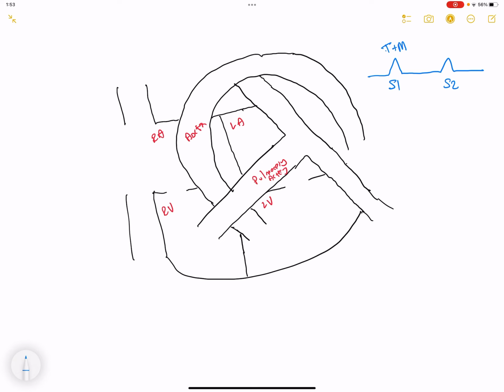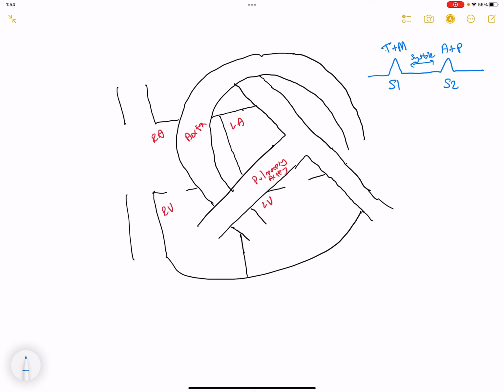Alright, so that is the noise that when the tricuspid and mitral valves close, they make, and we can pick that up, and that's called S1. S2 occurs when the aortic and pulmonic valves close, and this is going to mark the beginning of diastole. So between S1 and S2 is systole. So anything between S1 and S2, if there is a murmur that occurs, we call that a systolic murmur. So if there's extra noise, we can detect that, and that is going to be called a systolic murmur.